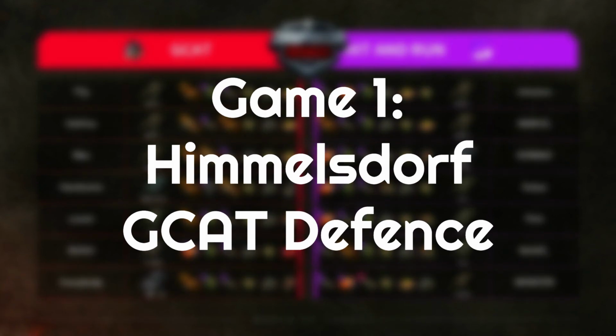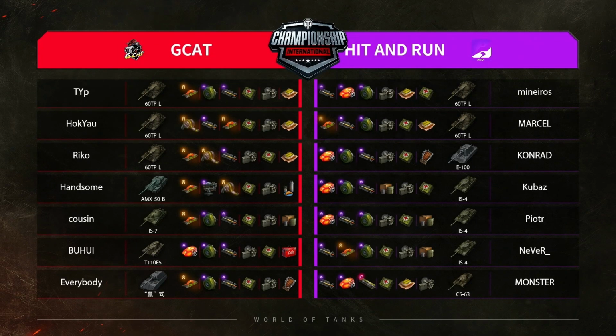All right, into game number one we go here for the second match of the WCI. It's GCAT against Hit and Run, and the team from China coming in with triple 60 TP, a singular 50B, one IS-7, one E5, and the Mouse. Yeah, pretty interesting setup, seeing as the 50B kind of ended up falling out of fashion for quite a